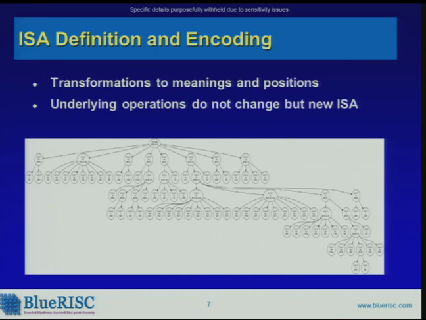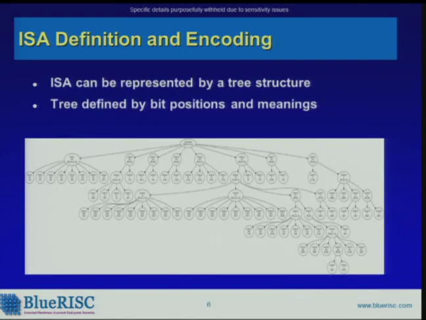Now, since we do have it in a tree structure, we can actually change this tree structure. So we have one ISA, and if I go back, you can see this tree structure is different, but the underlying operations themselves have not changed. Just the encoding, so the ISA encoding has changed. And that's one of the key concepts that we will take further and build upon in future versions that I'll discuss. But being able to create a previously unknown ISA encoding is a big step in breaking the attacker's